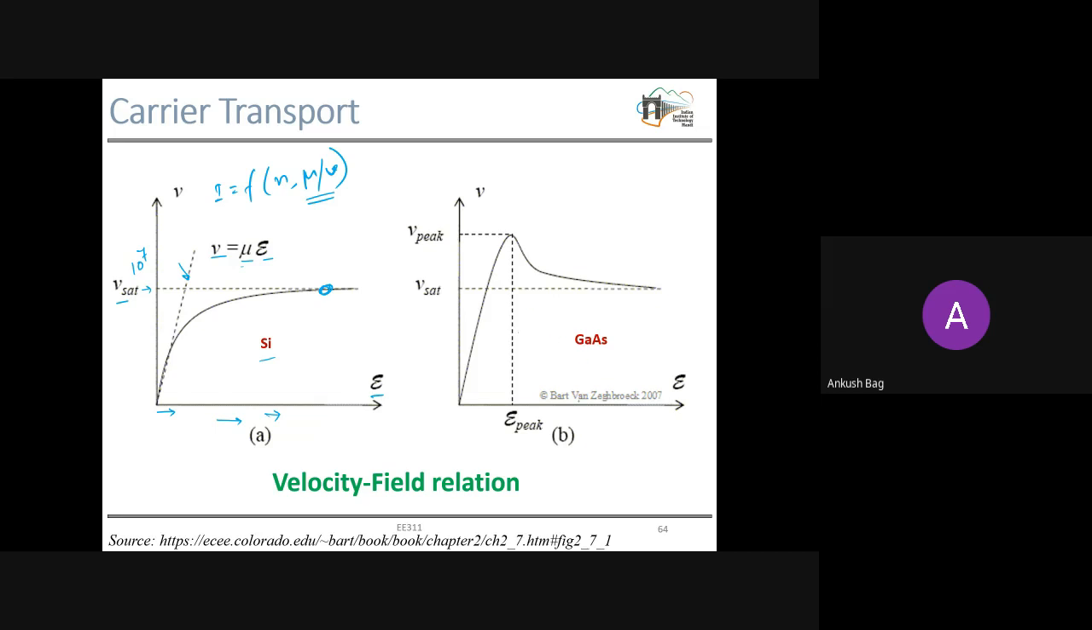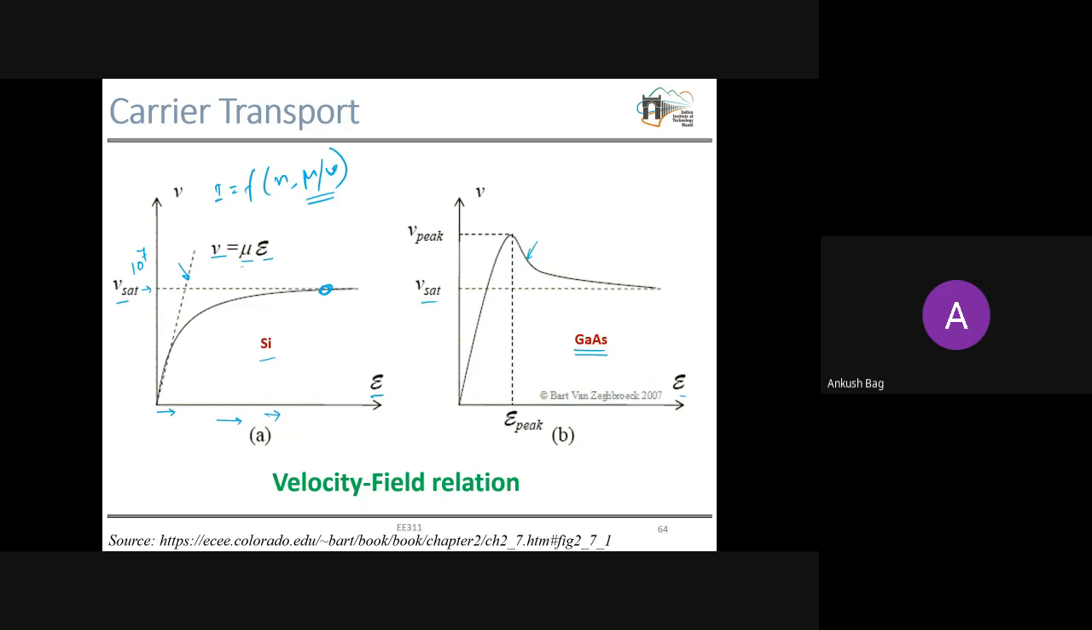Now, this is the same characteristic between your saturation velocity and the electric field, but this is in the case of gallium arsenide. So here, this is some interesting behavior. Again, to discuss this, you need to take help of your band structure. That is why I told you, if you know the band structure very well, you'll be able to explain a lot of other phenomena or a lot of other observations of a particular material. So here, initially the velocity will increase, then it will decrease. So here it shows some negative